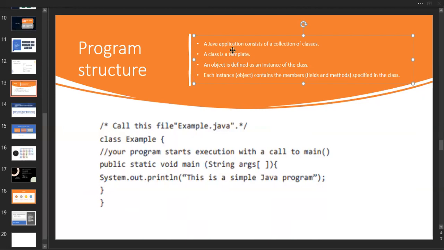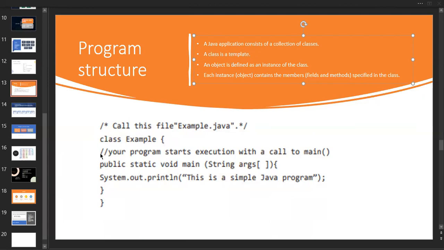So this is a keyword and this is a user defined name. In the last class, I talked about comments. What are all the comments available inside Java? There are three types of comments. This is the multi-line comment. It starts with a forward slash and an asterisk, then the comment you are going to write, and then an asterisk and a forward slash.